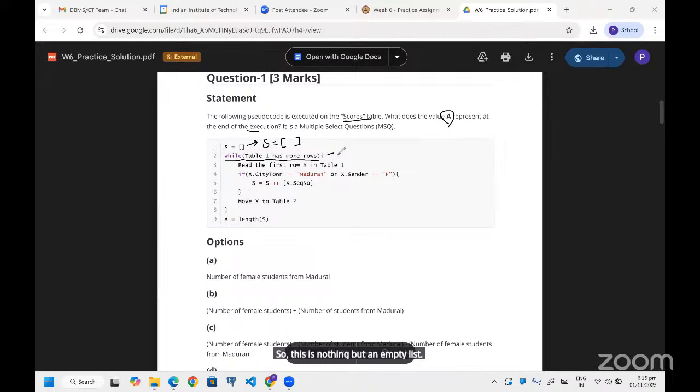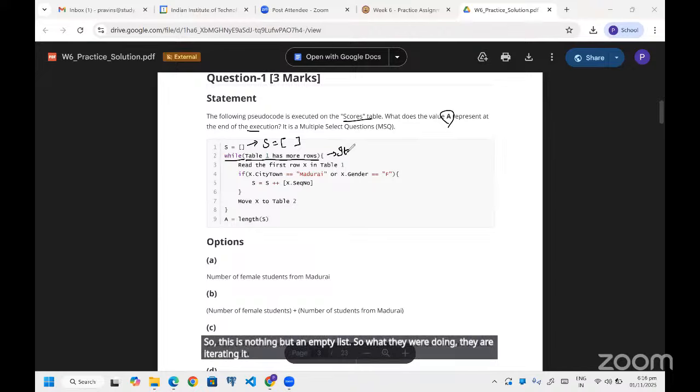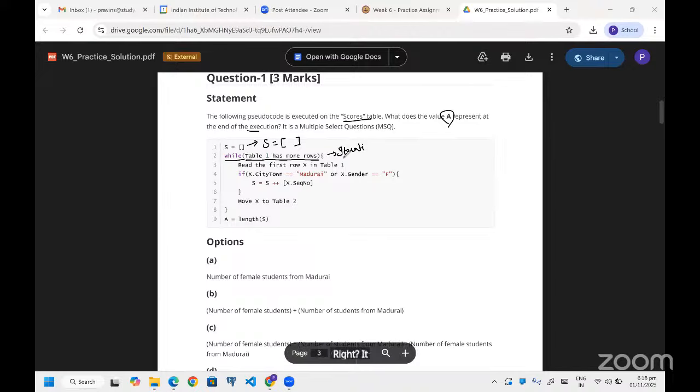They are iterating through every card in the scores data set. Instead of reading the card and moving to pile one, right? So iterating basically. Unless and until the card is in the scores data set, you read, so you have to keep on doing this.